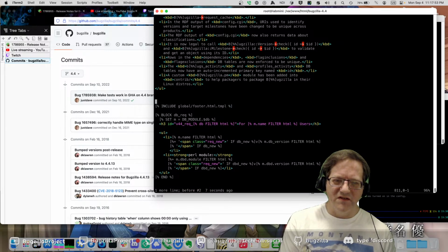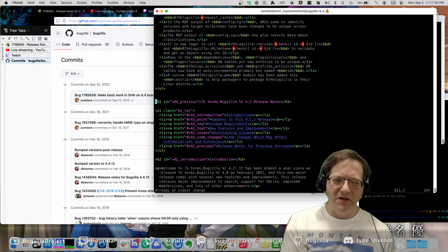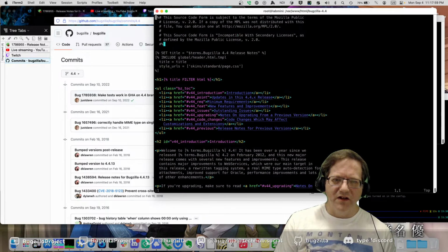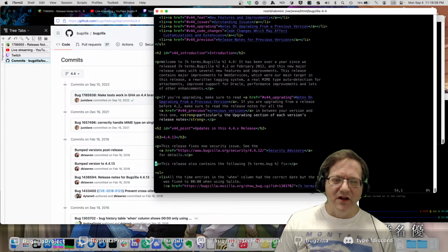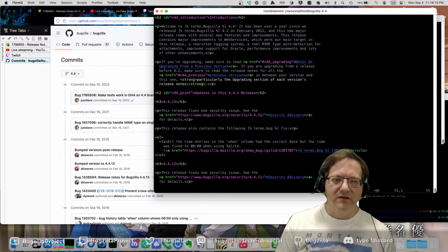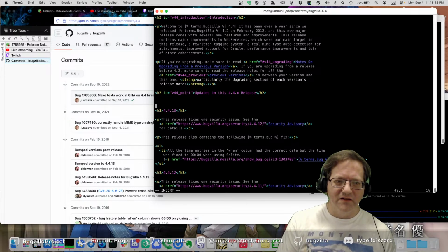Actually, you know what? That's why there's another file in there, because they'd keep them all together. Okay, I guess we'll stick with that and move everything down. It's a point release on 4.4 anyway. All we're doing is adding a section right here.